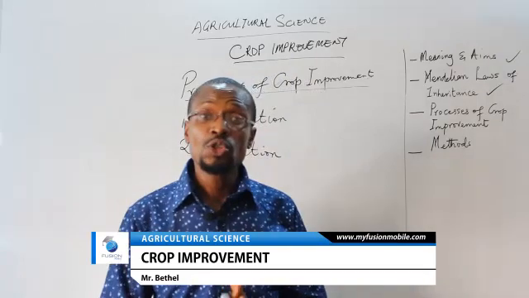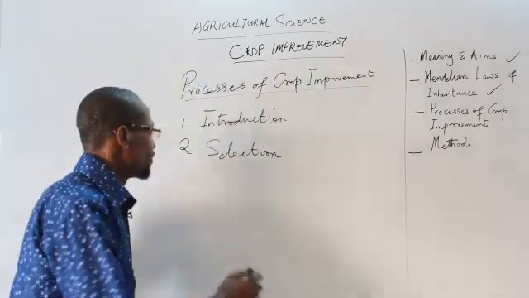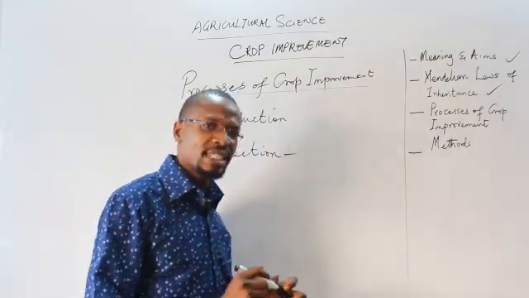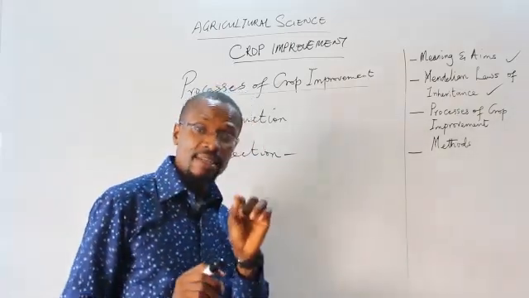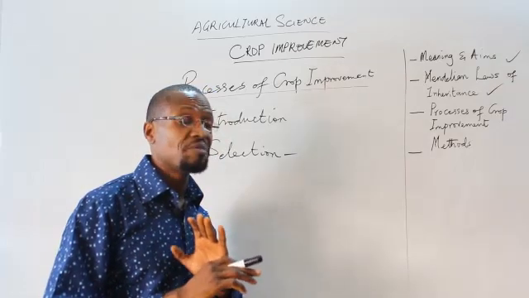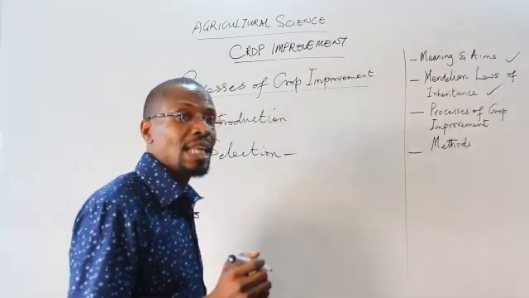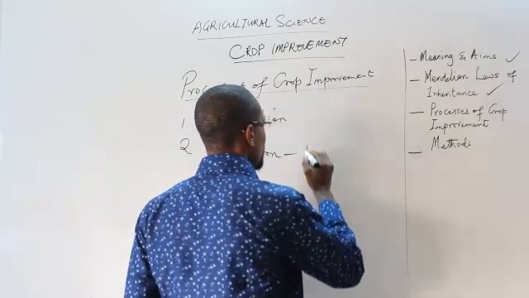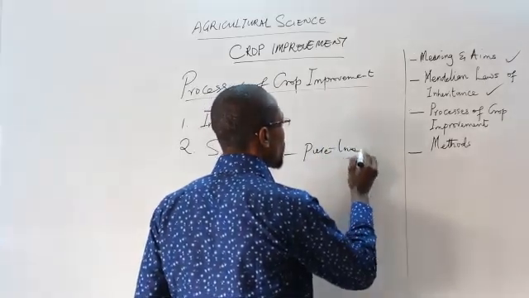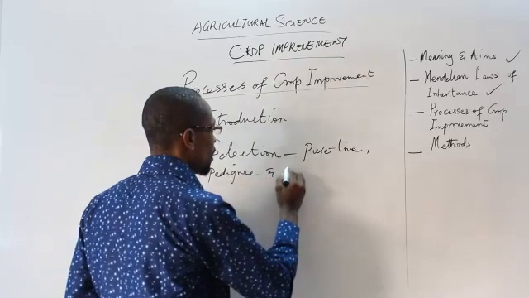Now you can also do your selection based on what we call the pure line selection. In this case, you're not considering whether it's the parent or the offspring. You simply pick whichever crop or whichever seed is healthy, and whichever seed you feel is good or can resist diseases. You simply select them and keep them apart. And in so doing, we call that pure line selection. So selection, we have three basic types: pure line, pedigree, and